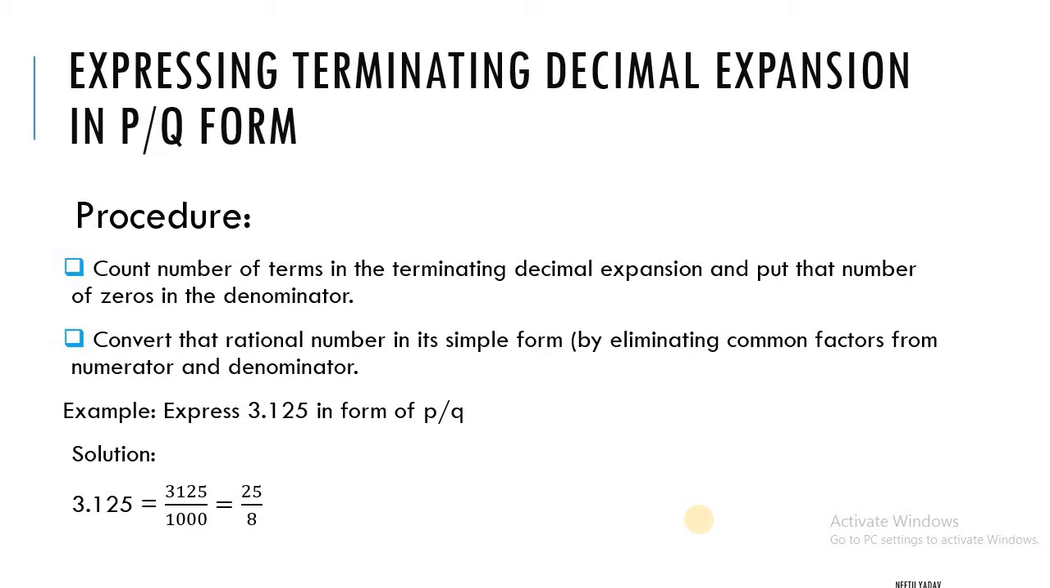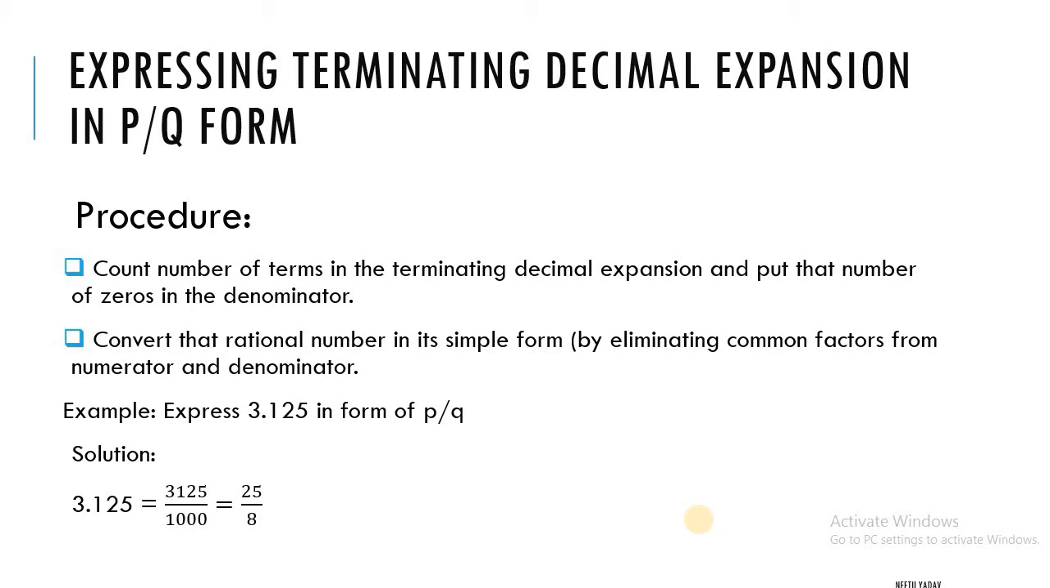So first of all, read the procedure. The procedure says: count the number of terms in the terminating decimal expansion and put that number of zeros in the denominator, and then convert that rational number to its simple form, that is, by eliminating common factors from numerator and denominator. For an example,